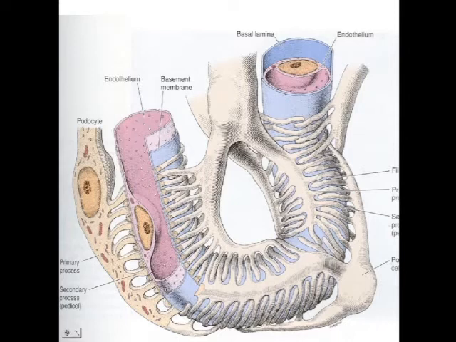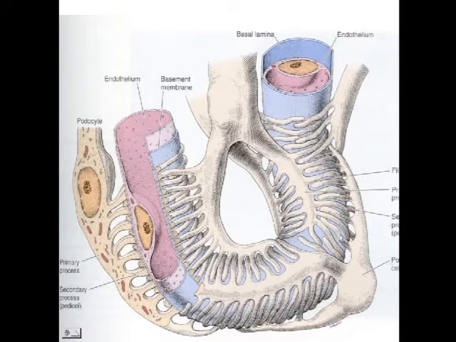The foot processes, the pedicels of each podocyte, interdigitate with those of the neighboring podocyte. Because of these interdigitating pedicels you can see the spaces which are known as the slits. These are the filtration slits. These spaces have an average width of 25 nanometer, and they allow the ultrafiltrate from the blood to pass into the urinary space of the Bowman's capsule.